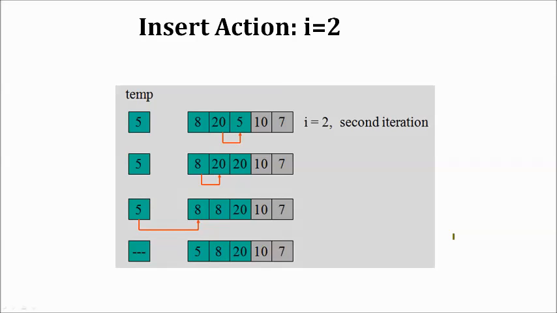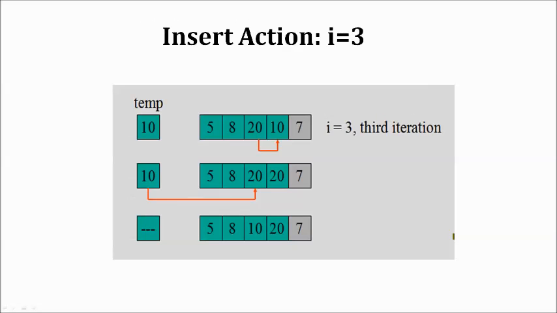But what about the 8? As you can see, we are not only going to compare the 5 to the 20. We're going to compare 5 to 8 and 20. Since 5 is less than 8, they swap places also. That's why in the last row, the given data is 5, 8, and 20.